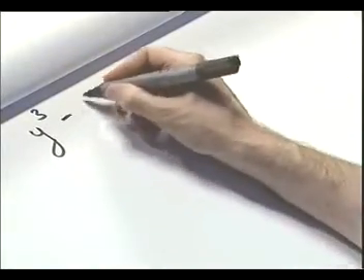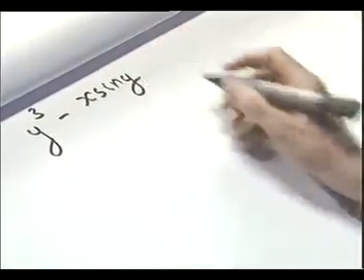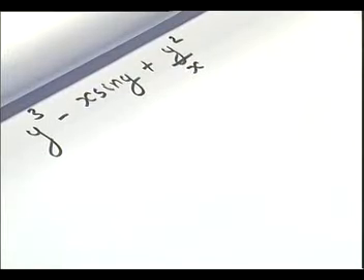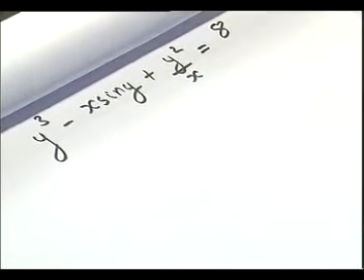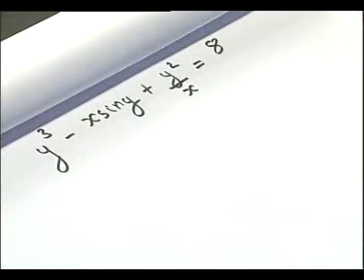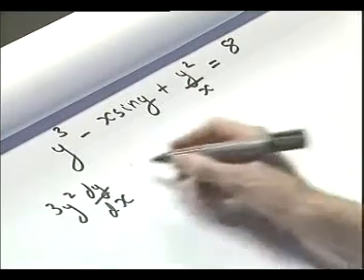Y cubed minus x sine y plus y squared over x equals 8. Again, all the x's and y's bundled up together. If possible, we want to be able to do this directly. We want to be able to differentiate it straight away without going through the chain rule. So the derivative of y cubed with respect to y times dy by dx. So that's 3y squared times dy by dx minus,